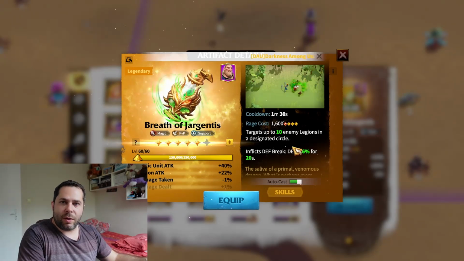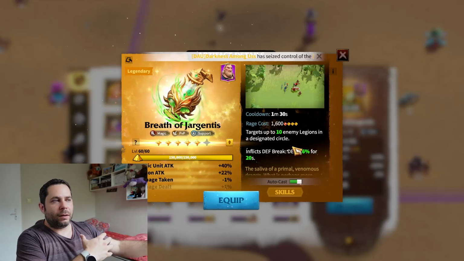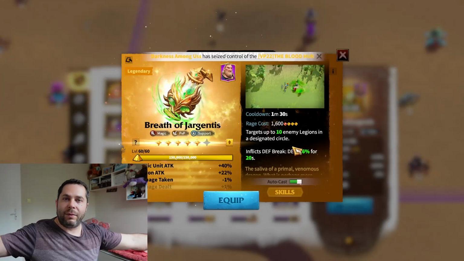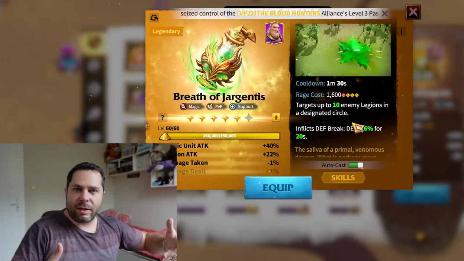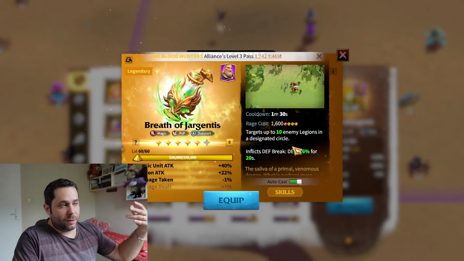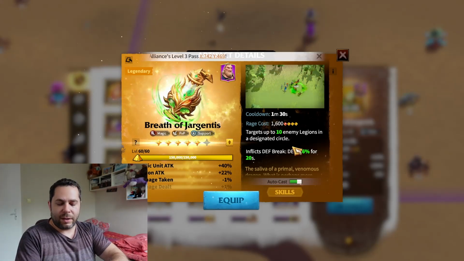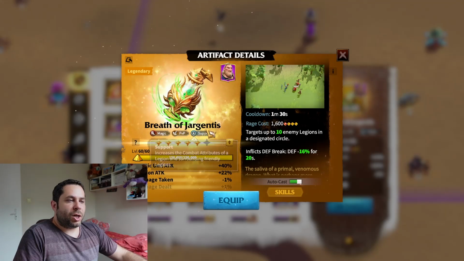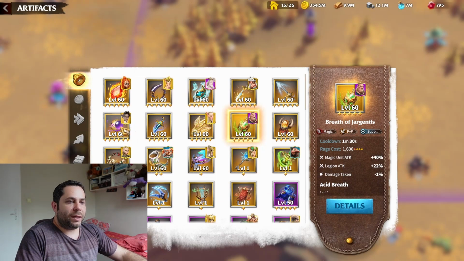This is of crucial importance, since you can hit for 10 or 15k with your Lilia, but if you have like 10 people around you and you fire up this artifact, their Lilia is also going to do extra damage over the targets inflicted with defense break. That's why I think as a support and as a great artifact, this one is a very, very good one. That's why Breath of Jargintis, oh my god, I cannot pronounce this name, is sharing the first place